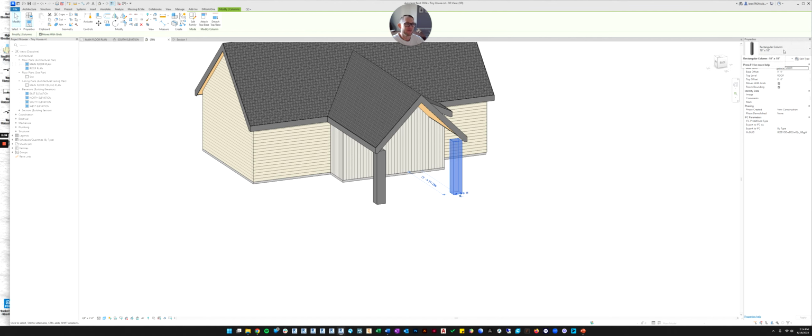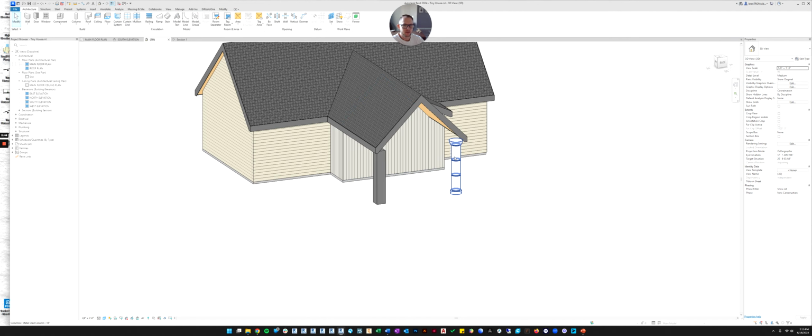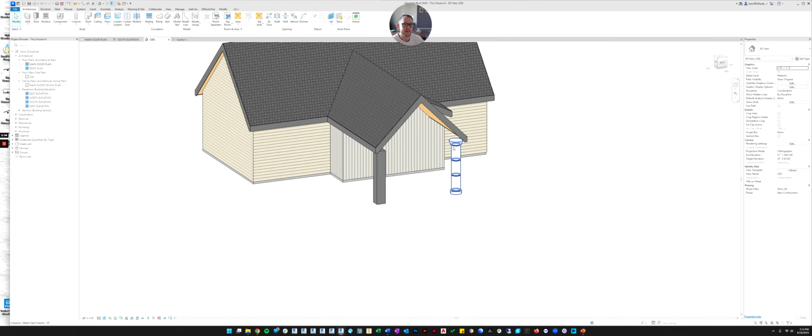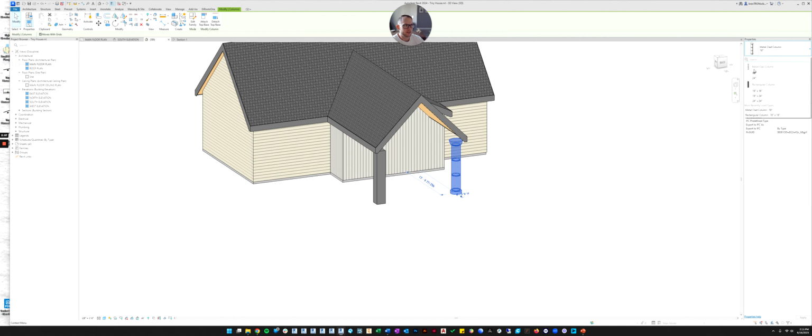and it's like the system families. You can edit its type. You can use this drop-down menu, and you can change it into something else. If we want to make it that column, we can, right? You can change its type, or you can change the family. This drop-down is to change between families. So the metal-clad column is one family, and the rectangle column is another family. But underneath the name of the family, you can see the different types.